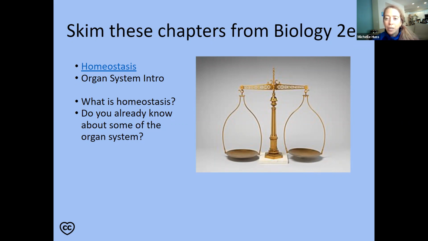And then the other part of the chapter is talking about organ systems. Okay, so we will be looking at the organ systems of bodies, of organisms. It's so fun, and what they do. And I bet you already know some of them. We're thinking with which system? I'm drinking and digesting my food with which system? What do you think? So you already know some of the organ systems. We're just going to get a general idea of those organ systems as we move into the next part of our class. So we're kind of at a milestone where we're changing into a different area.